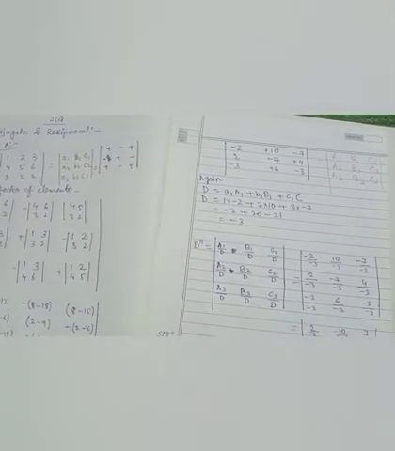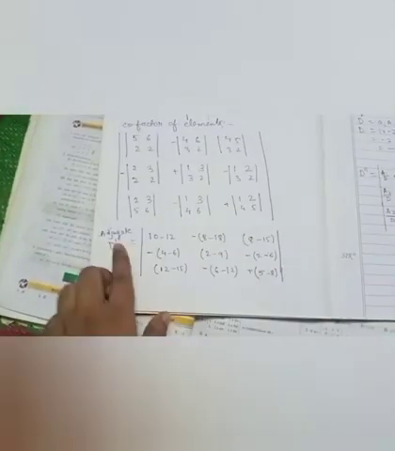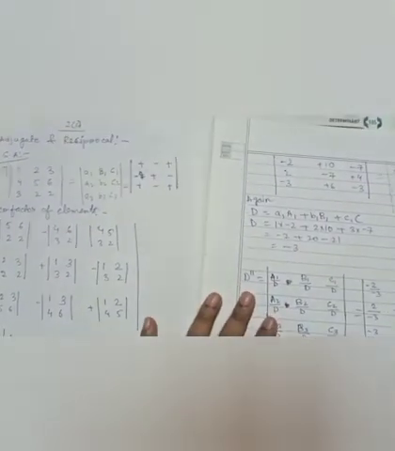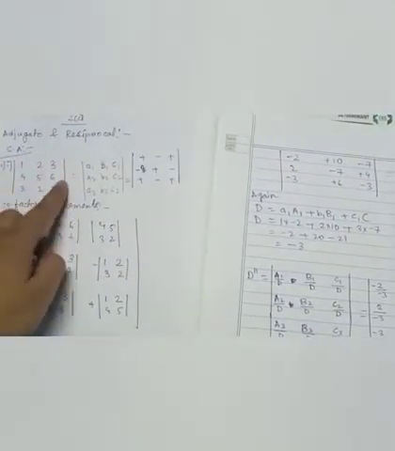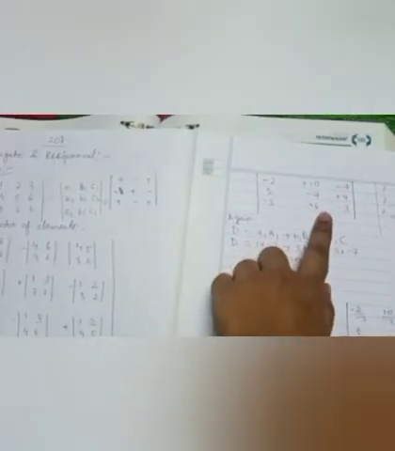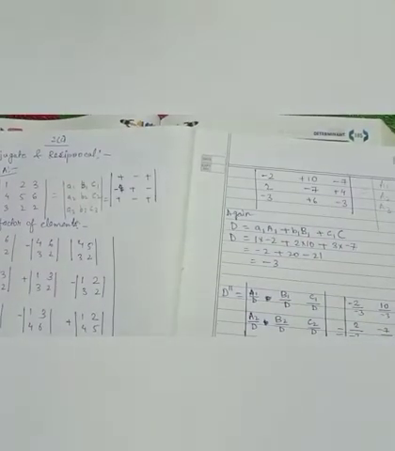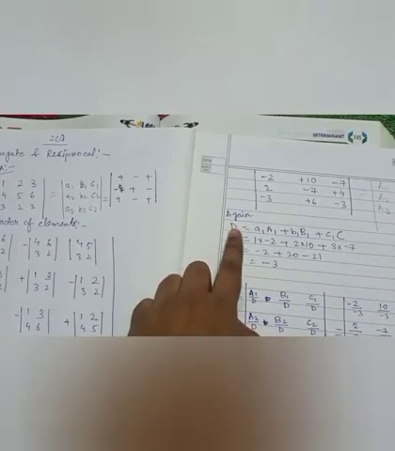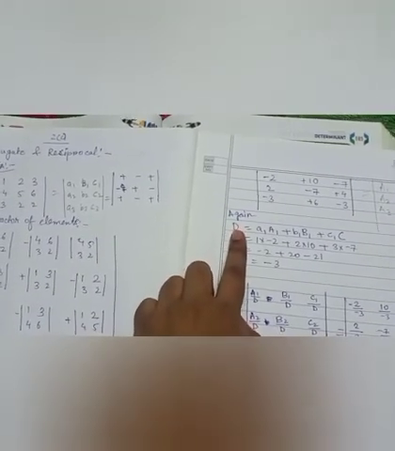Now we have to find the reciprocal. Okay, and adjugate is denoted by D dash. Okay, now how will you find the reciprocal? So this determinant is already given to you, and you are getting this adjugate determinant. So what you will do, first you will find the determinant D. Okay, how will you find this one?